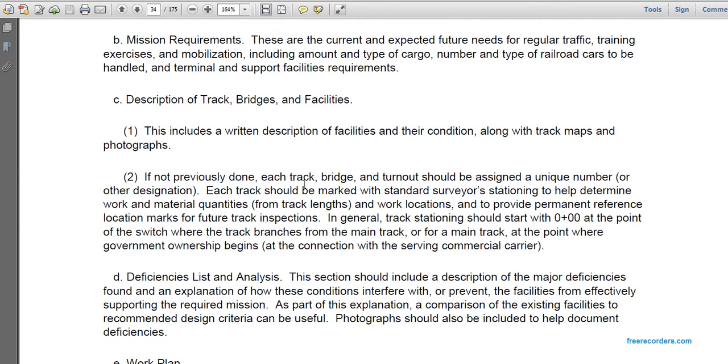If not previously done, each track, bridge, and turnout should be assigned a unique number or other designation. Each track should be marked in standard survey stations to help determine the work materials quantities for the track lengths and work locations, and to provide permanent reference location marks for future track inspection. General track station should start at 0 plus 00 at the point of the switch where the track branches from the main track, or for a main track at the point where the government ownership begins, a connection over